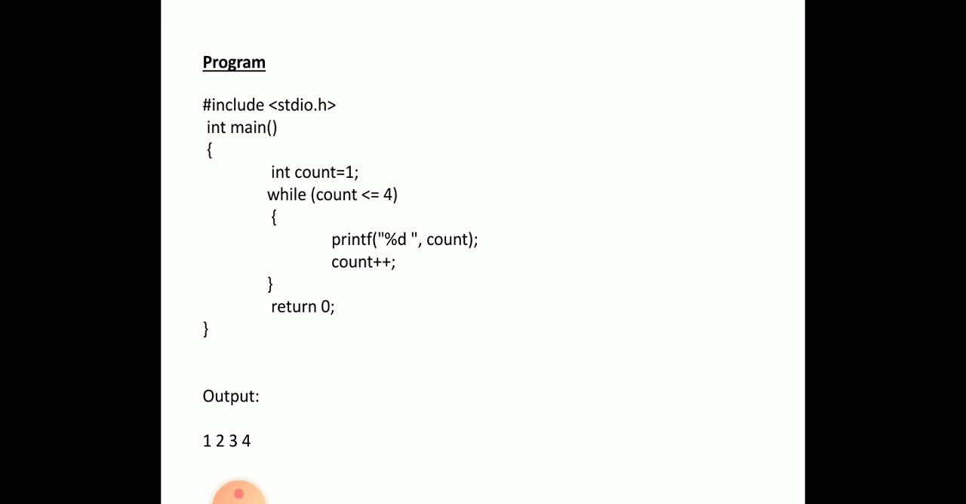So let's see an example program using while statement. Here it's a simple program. The first statement, that is the preprocessor directive, we use this statement to include the header file stdio.h. And next one is the int main. We know main